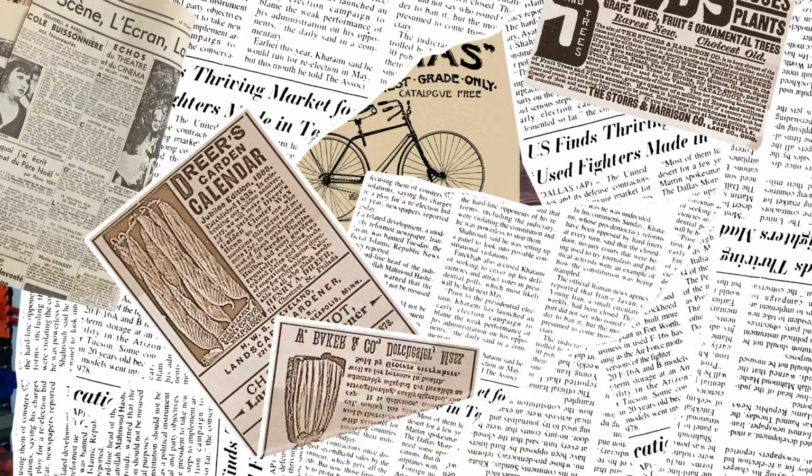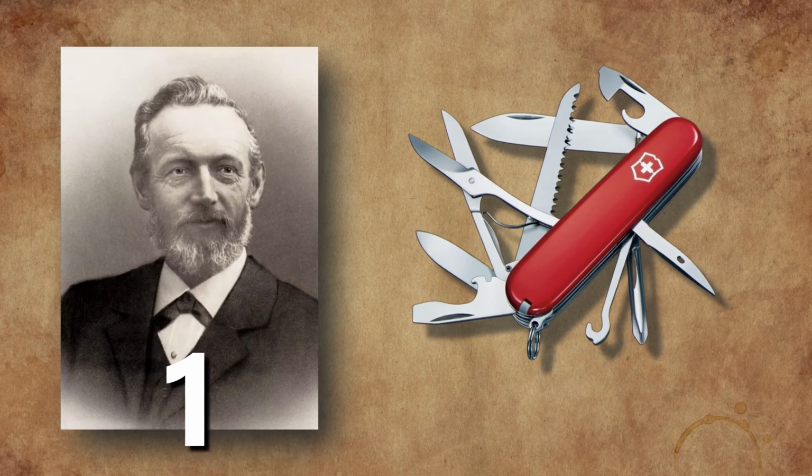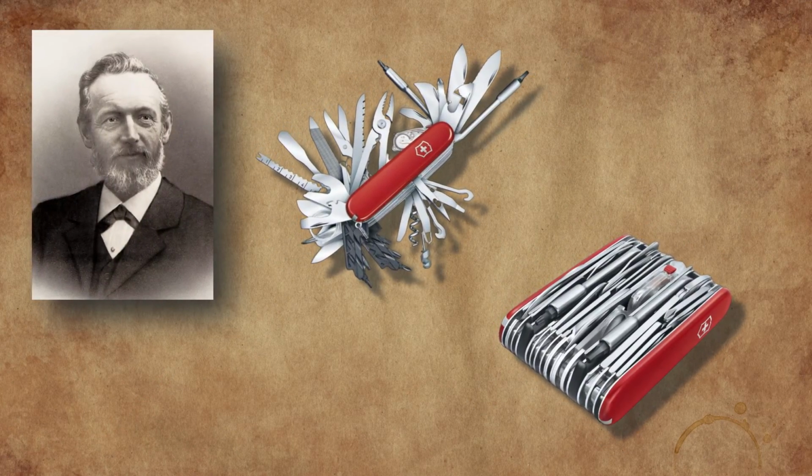The new multi-purpose tool allowed the soldiers to clean their guns, open a can, even a screwdriver was included. Then along comes businessman Carl Eisner, who took over the production of the knife and other tools in 1897, creating the nearest version of the modern multi-purpose tool we know today as the Swiss Army knife. Carl kept on improving the design and kept adding useful tools. The name of the Swiss Army knife was too difficult to pronounce for Americans, so he changed it to the